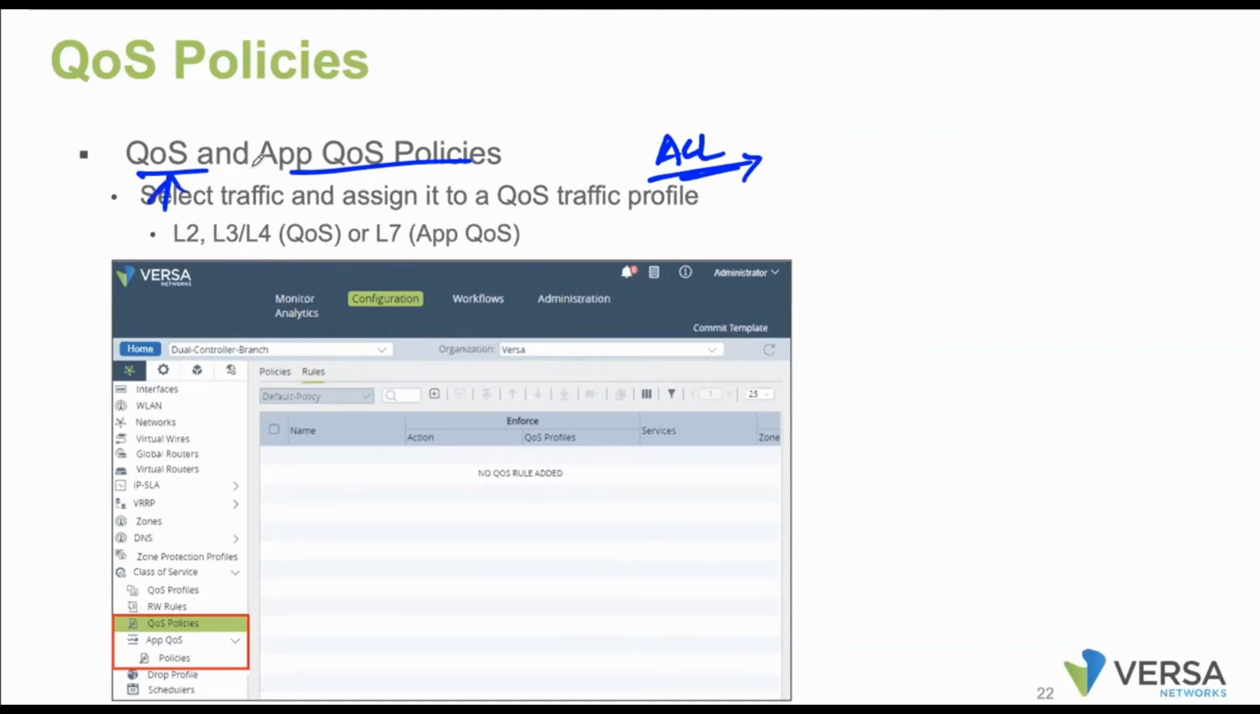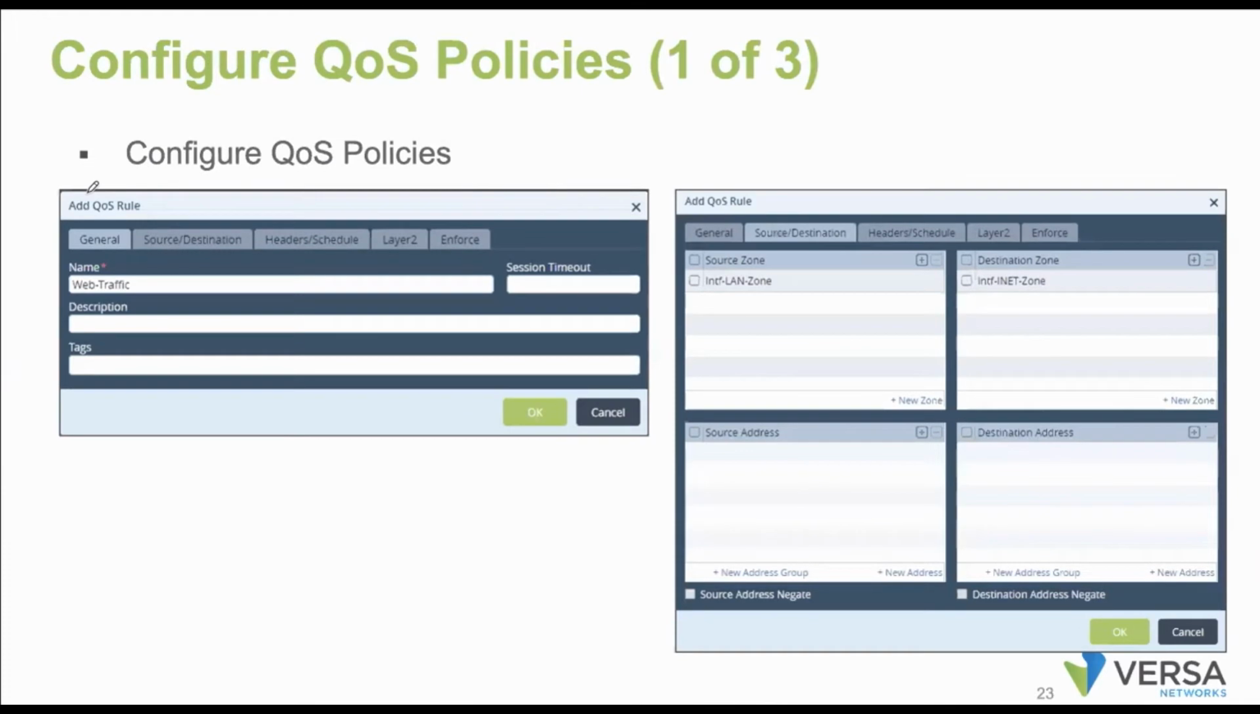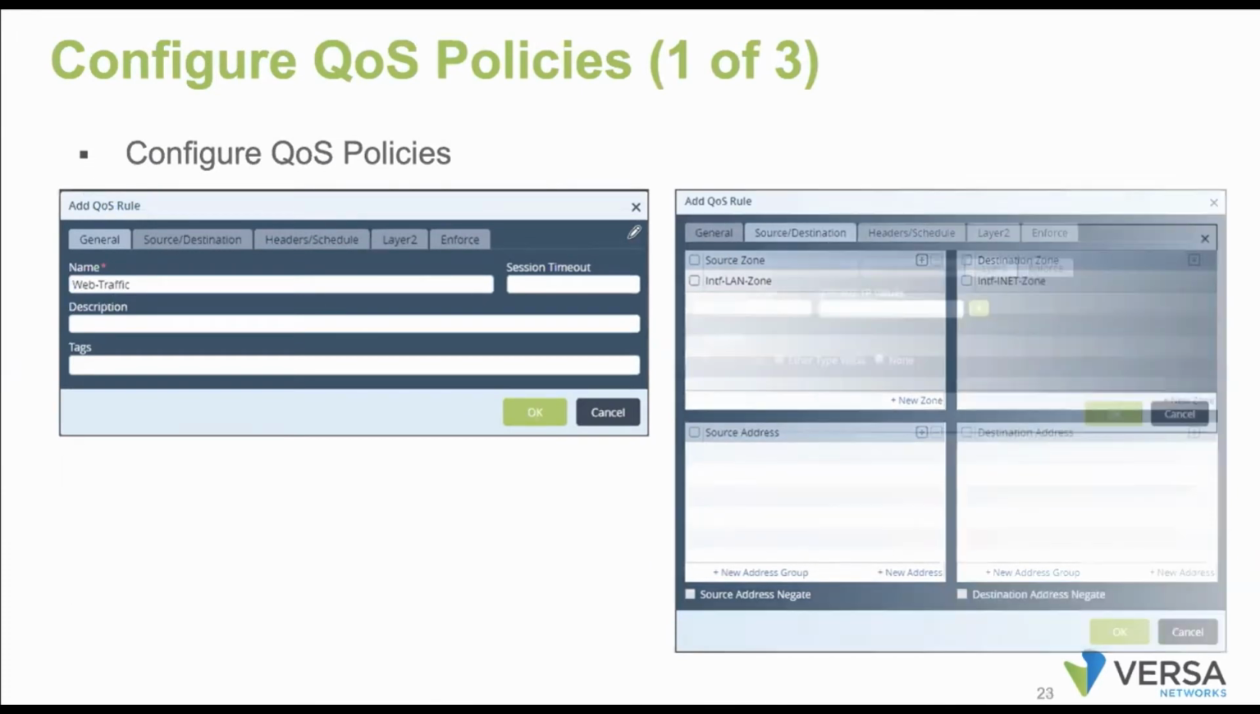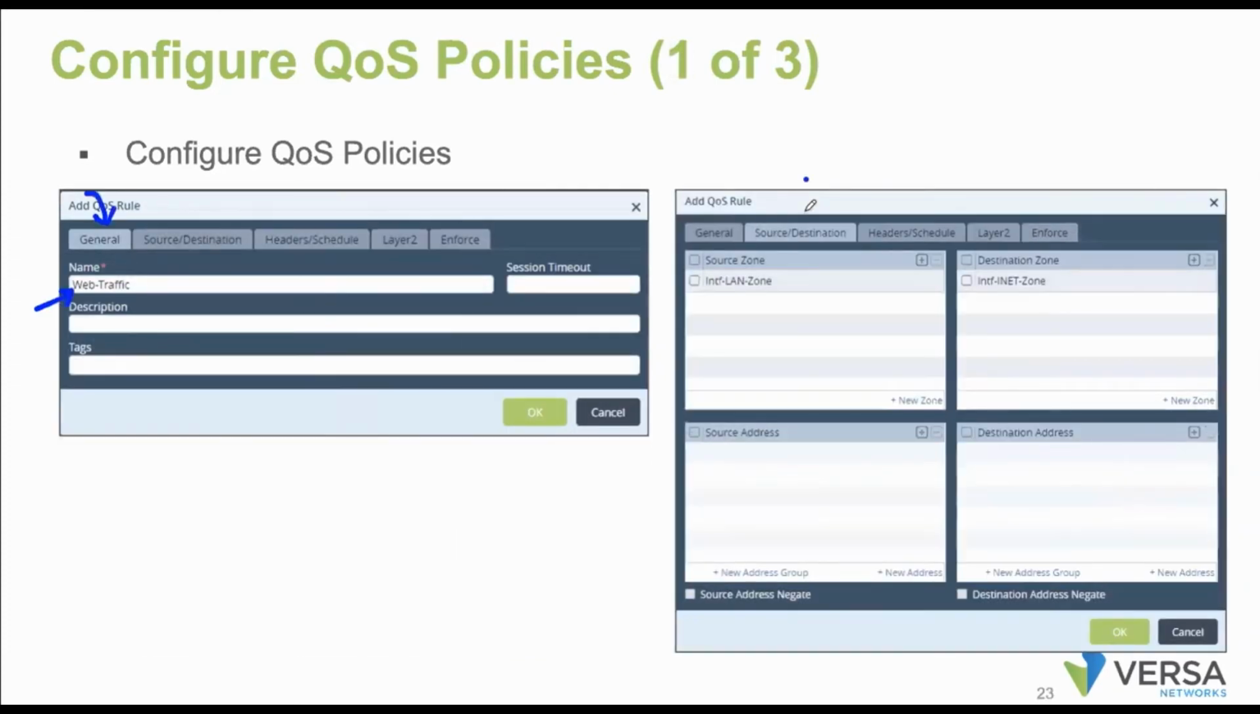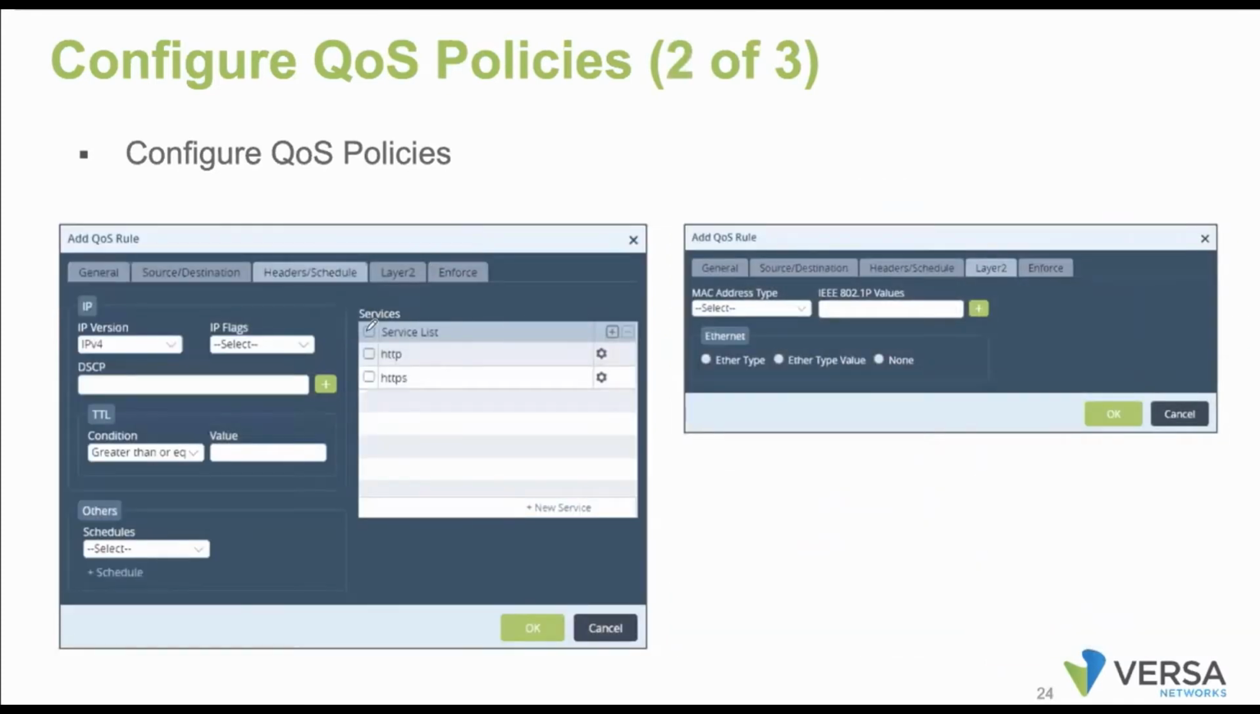First, let's configure the QoS policy. Under the QoS policy, you have the general tab, where we mention a name. Then under source and destination, you mention the zones information, source zone and destination zone, then the source address and destination IP address. If you want to negate those options, you can use the source address negate and destination address negate options. Coming to the headers, here you can match with the L4 parameters,